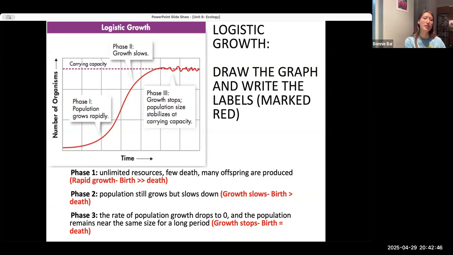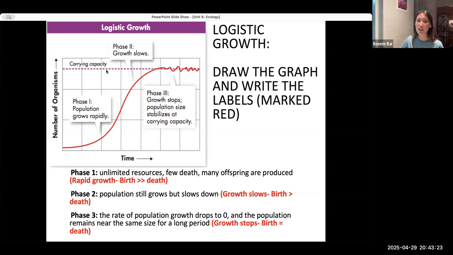Okay. Anyway, hope that makes sense. The last phase is where we get to the population size where it's still fluctuating. Like population will not be 500,000 and stay exactly that, right? So it still fluctuates up and down a little bit, but will stay relatively the same. So the growth rate is when you're looking at the slope of the curve, right? It's pretty slow, then much faster, and then it slows down, and then the growth rate stops.